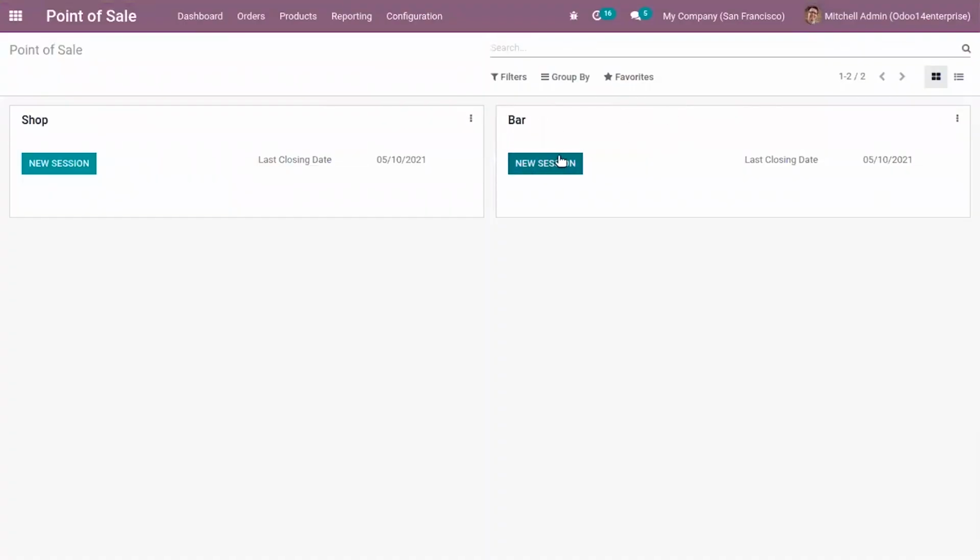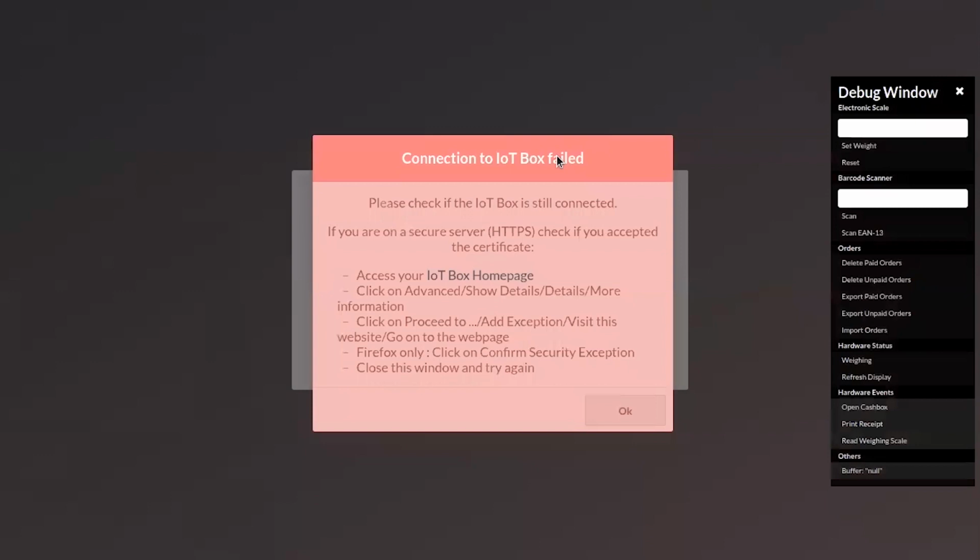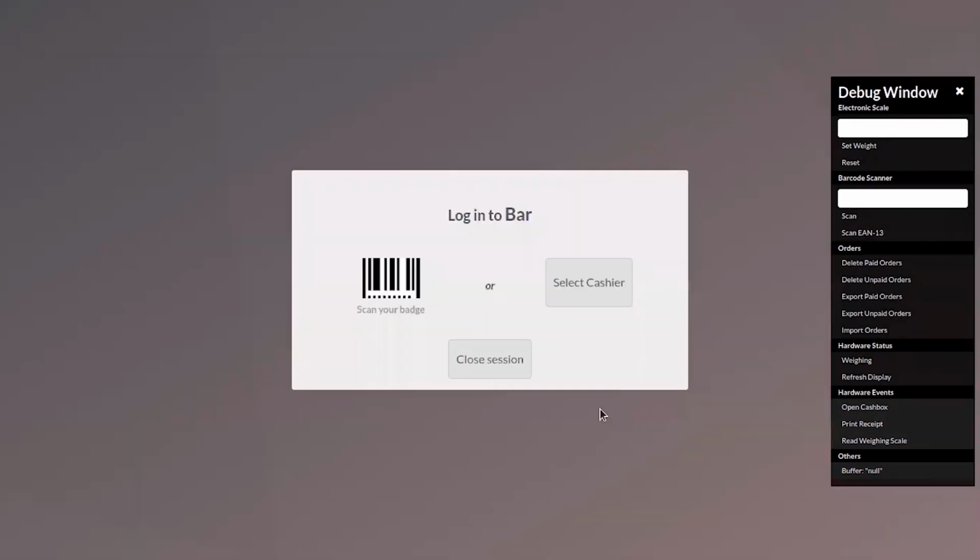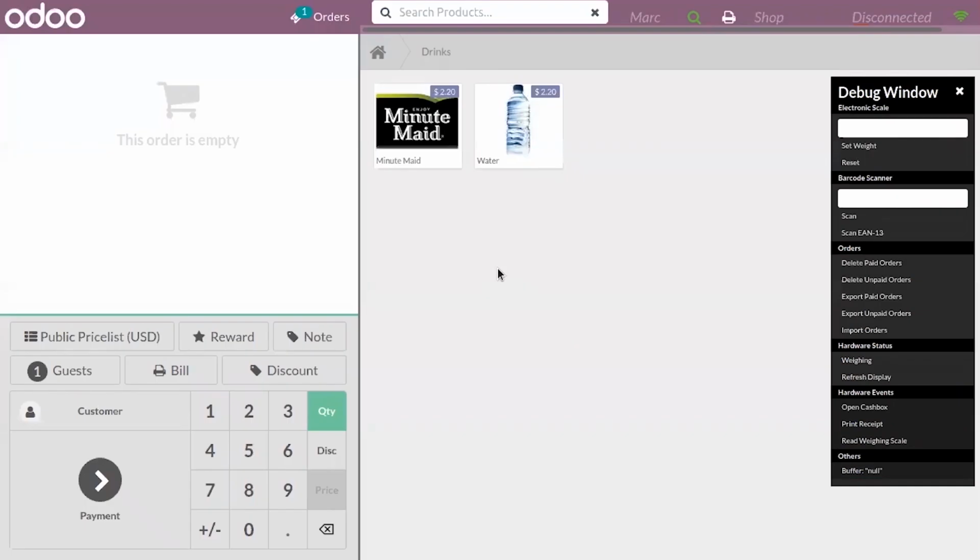Okay, after adding the devices, you can start a new session. You can see an error shown, that is, connection to IoT box failed. This is because we haven't connected an IoT box. Above you can see that it is disconnected because the IoT box is not connected.